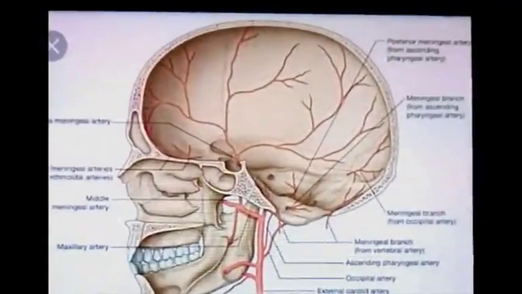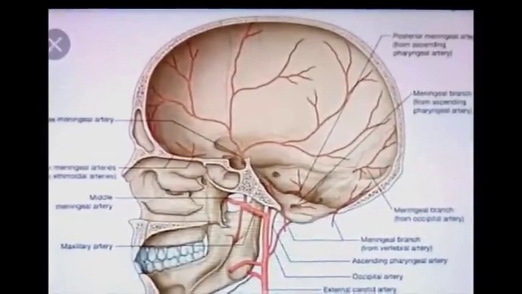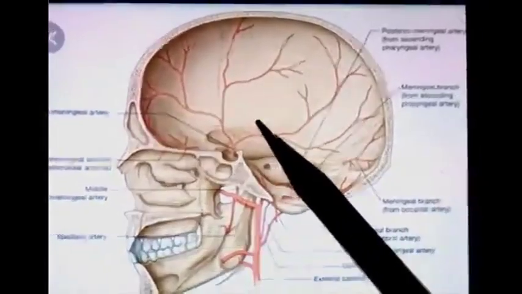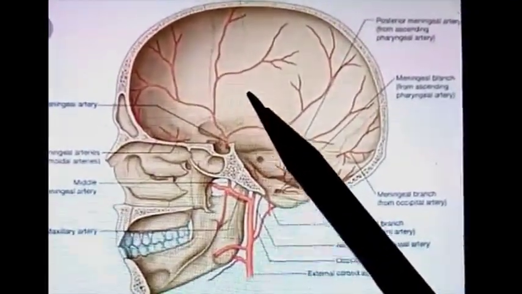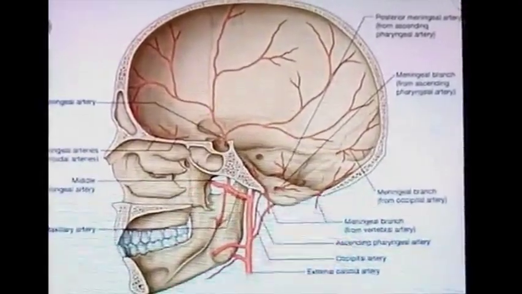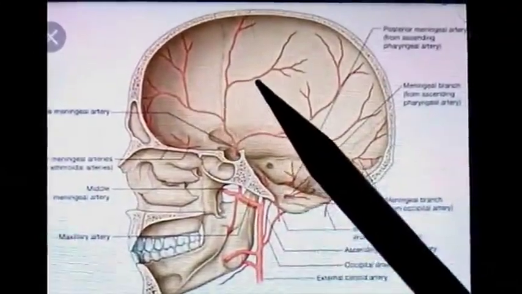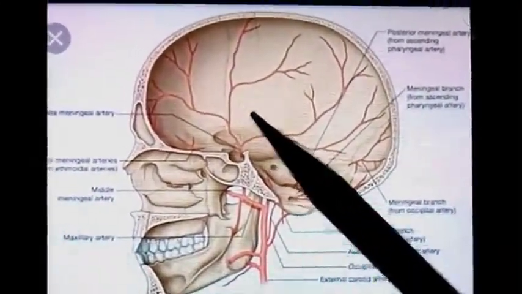Branches of the middle meningeal artery. The middle meningeal artery is the main artery which supplies the bones in the area from where it passes, and also supplies the diploic area and the red bone marrow. It gives very little supply to the dura mater present in that area. It gives small branches which supply the dura mater.